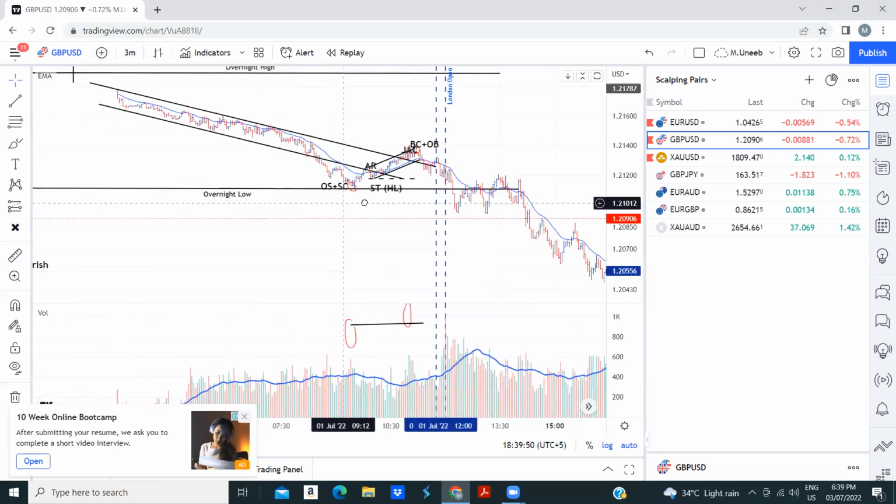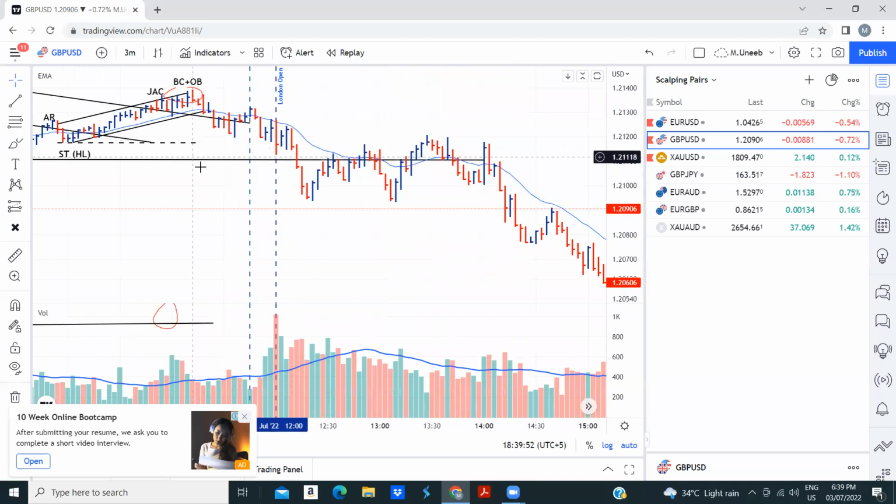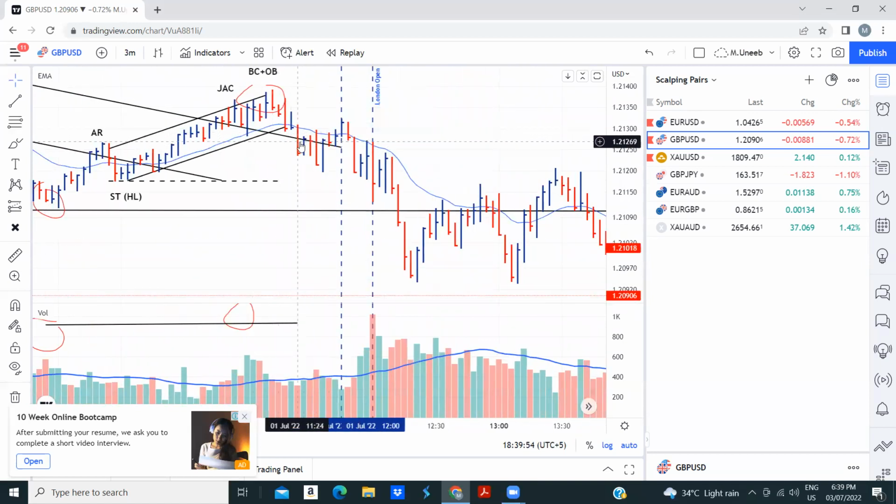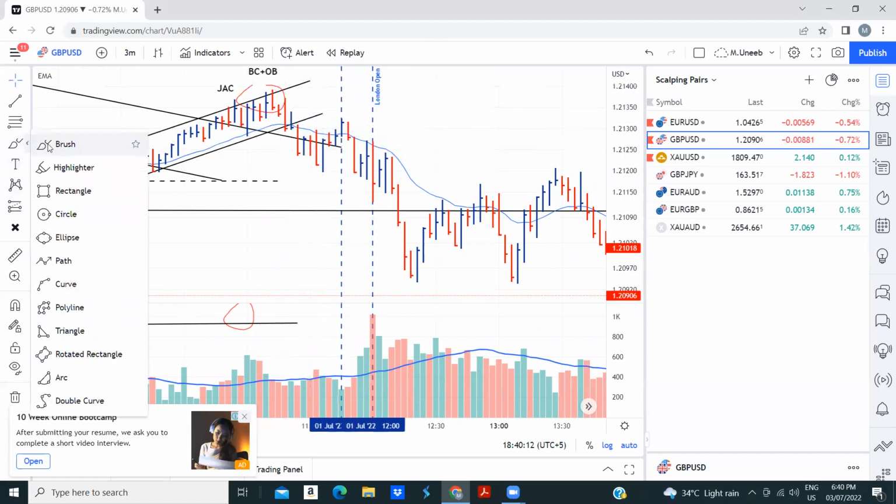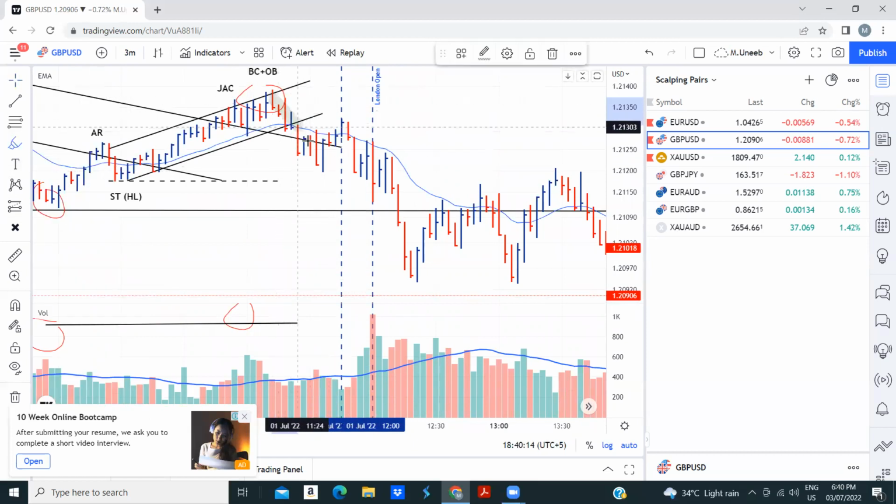Okay, now this one, can you say that this is a jump across the creek right over here during this session, or jump across the creek during London Open if we extend this line, right? Not jump across the creek. This whole move is falling through ice, this one. If we highlight this one, FTI, right? Yep, correct. Okay, this is FTI. So you mark it as FTI,